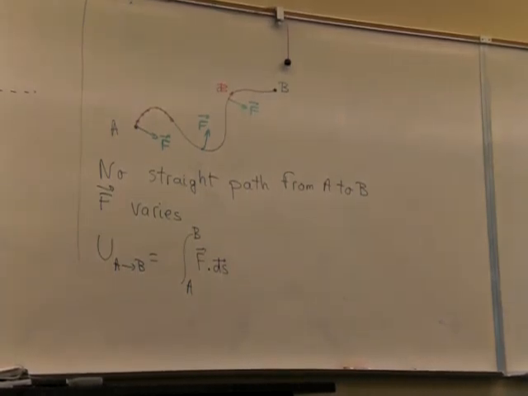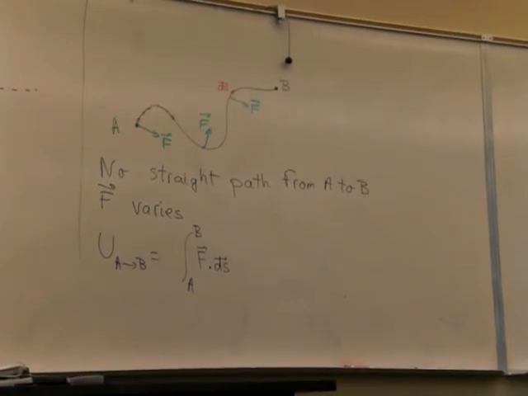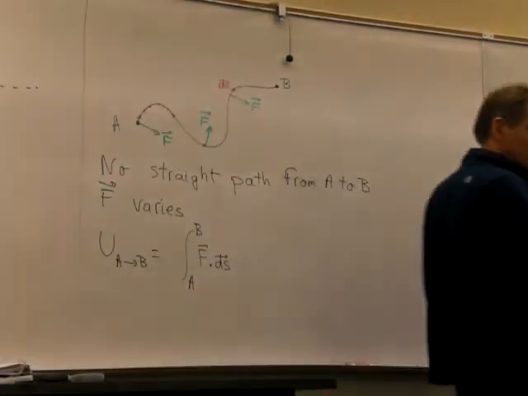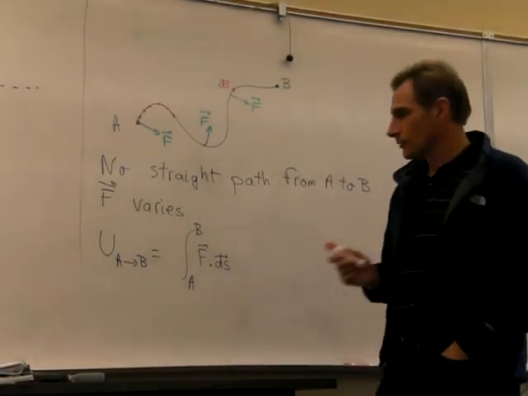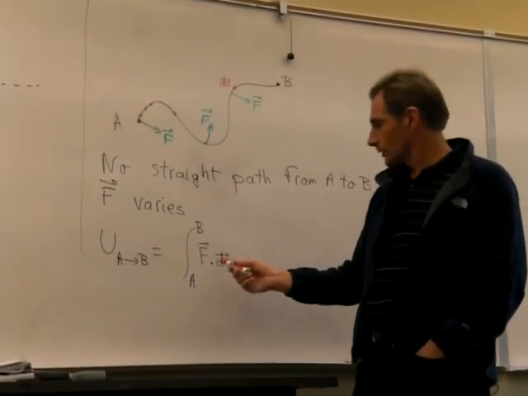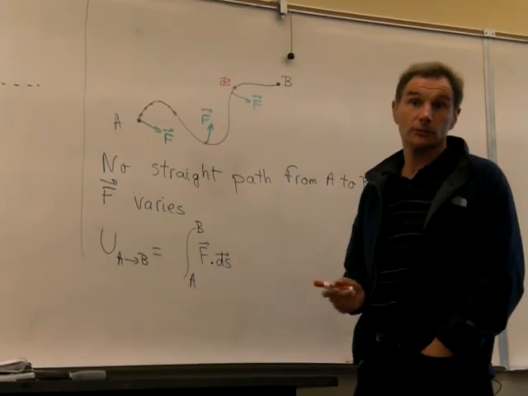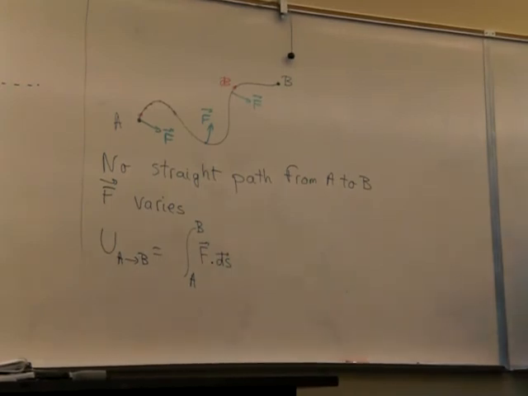So would your F be a function of s then? Yeah, F could be a function of s, or of time or something. Right, yeah. But you would have to know what F is doing as you're moving. What if the angle between F and the ds changes over the integral? Would you have to express the theta? Well, it would be in there, so F can vary, and the cosine theta would appear in there. You would get F times ds times cosine theta. So all of these would be variables of s. It can be a mess, yeah. But mathematically speaking, this is the general formula.